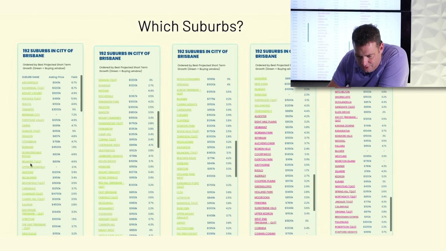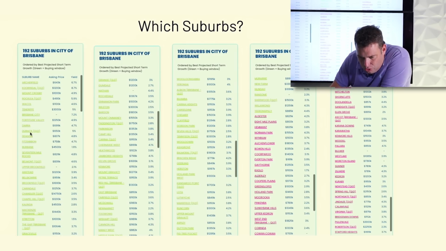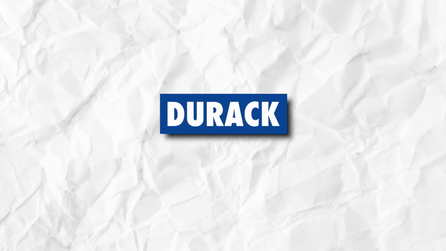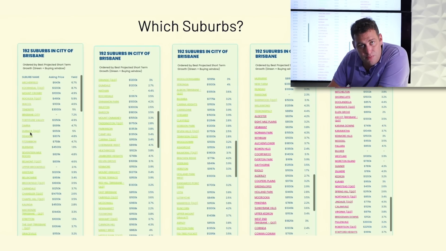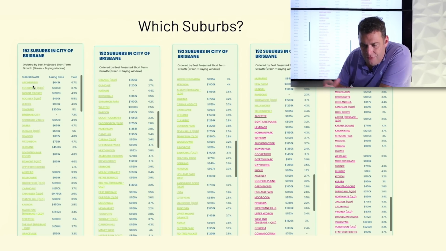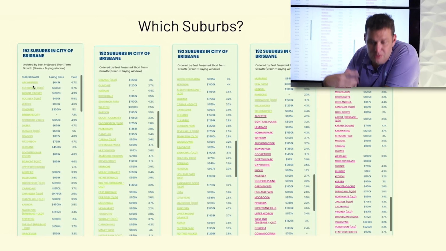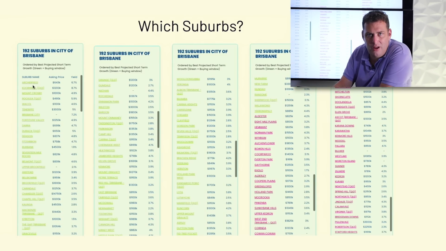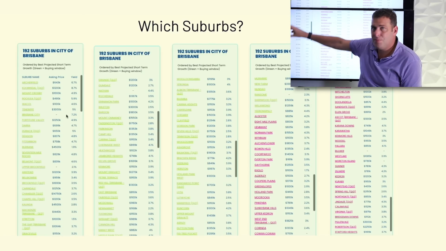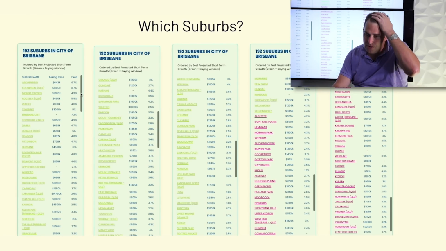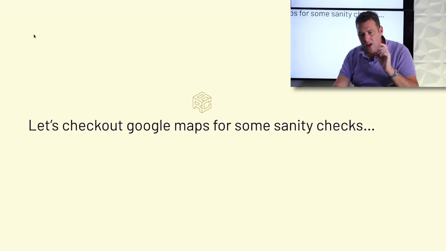I've actually gone down this list until we get to a suburb called Durack. So this is a suburb that's really been showing up to me a lot lately. For different reasons, I have ruled out many of the suburbs. Brisbane City, as an example, has huge supply risk with new apartment blocks. We've gone through this list and arrived at Durack. There are many other candidate suburbs, as we can see here in the Brisbane market, that are worthy of our attention. But when we dive into Durack, let me bring up the Google Maps